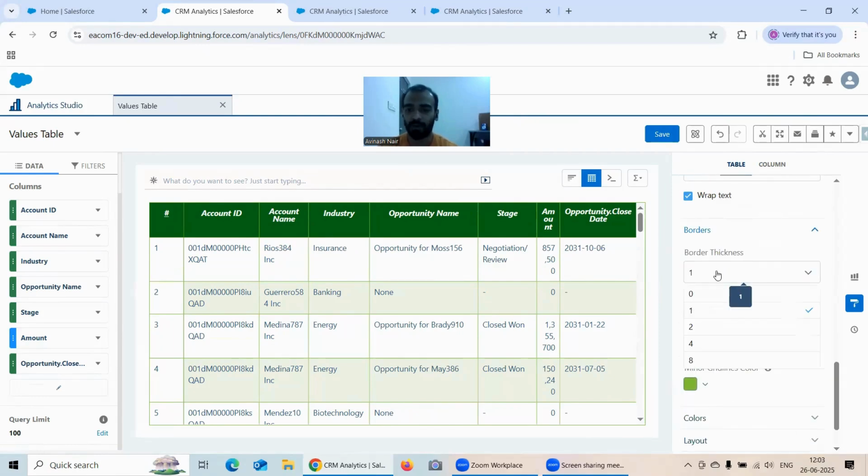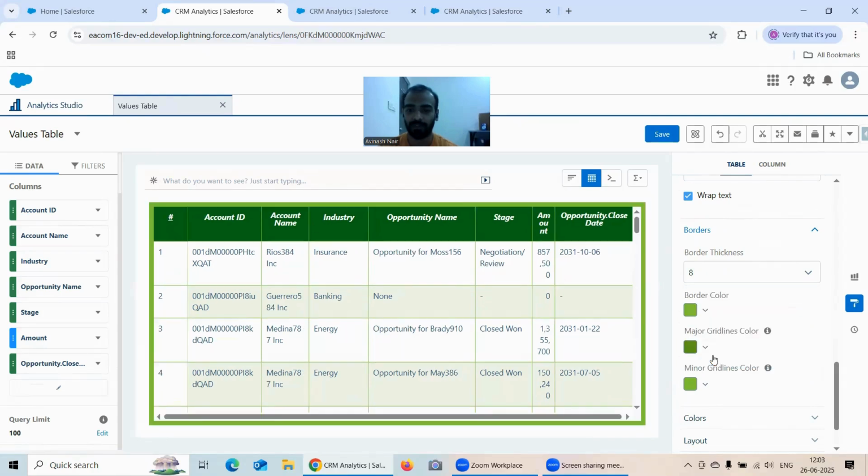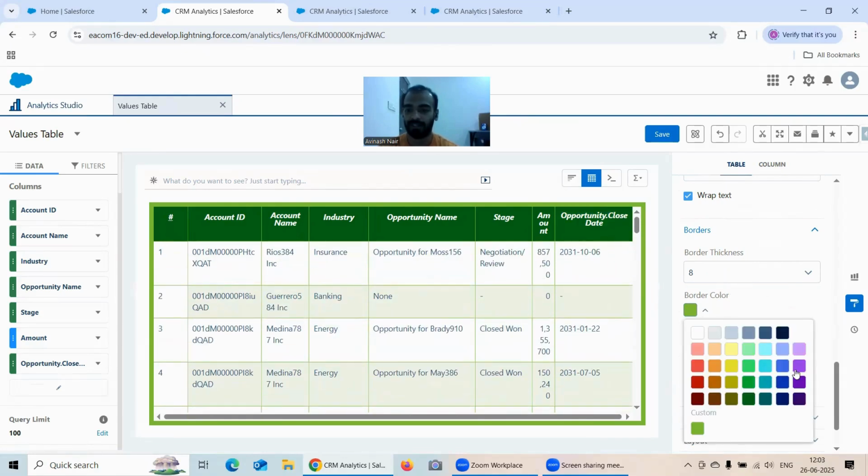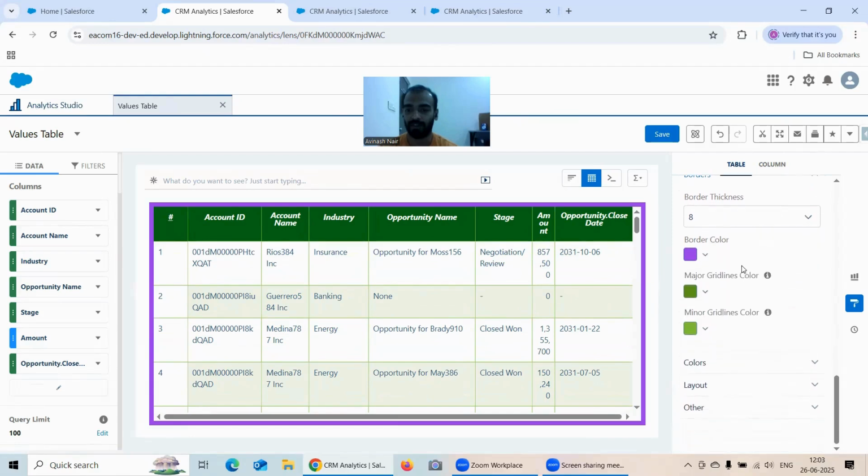Then comes the border thickness. If you want to increase the border thickness, let's say this border thickness which you see, I'm just making it 8 purposely just to ensure this becomes completely visible right now. And if you want to choose the border color, let's say you want to go for purple, I can go for that one. And the major grid line colors, for example, major grid lines separate rows and columns such